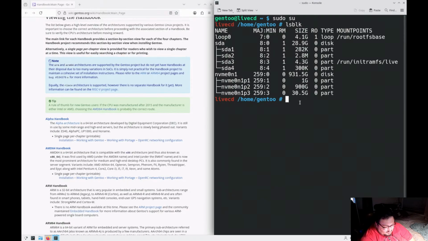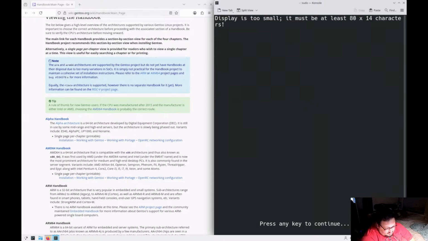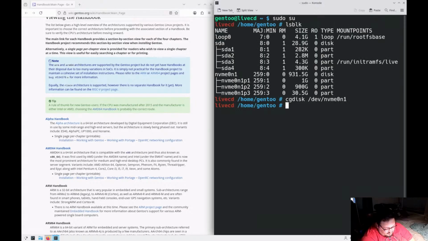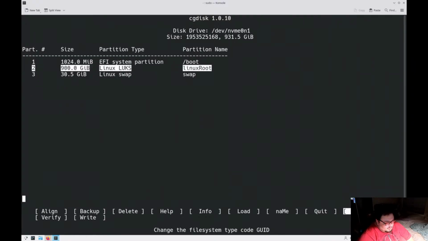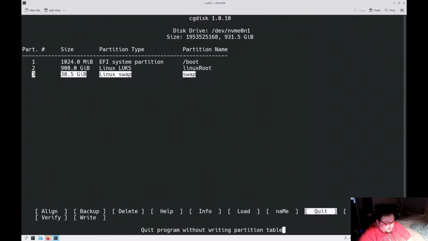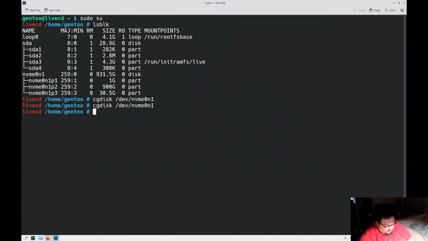It looks like it's already set up for us, but I'll show you how to cgdisk /dev/nvme0n1. There we go. So we got a boot partition, a LUKS root partition, and a Linux swap. So that's all we're gonna need. So we're gonna quit out of that,